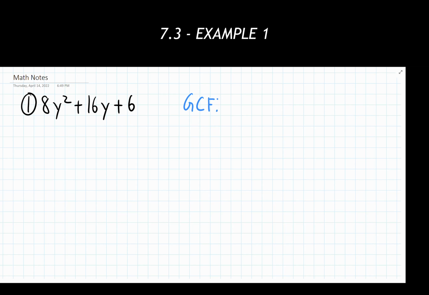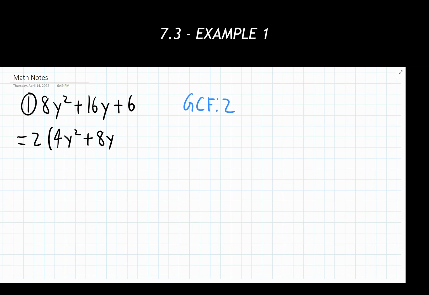So I'm going to make a note off the side that there is a greatest common factor of 2 amongst these. And I'm going to factor a 2 out, just like we've done in our previous sections. So if I'm factoring a 2 out, I can think of that as basically saying I'm taking each individual term that I have been given here, and I'm effectively dividing it by this greatest common factor. So 8y squared, that's going to become 4y squared. Plus 16y is going to become 8y.